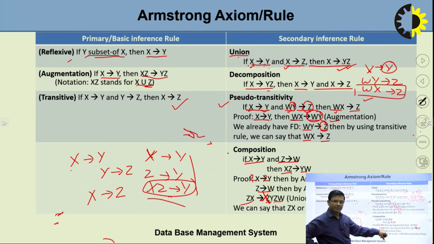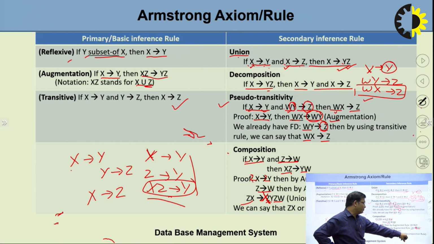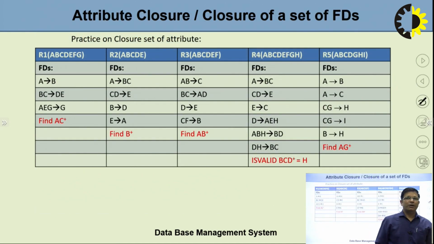This is the union rule. By mistake it is written over here. So we can say that zx or xz tends to yw. This is the decomposition rule. If we break it and apply decomposition, we can say this. Okay. So now